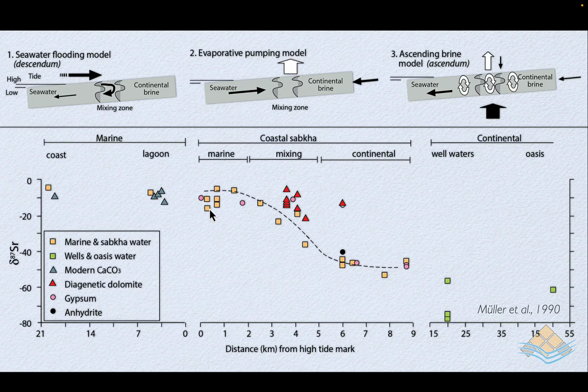Then we have the other end of that spectrum with the ascending brine model, where we have continental brines moving from the hinterland through that Pleistocene dune aquifer and then ascending through the Sabkha succession. We also have an evaporative pumping model that's lost much of its popularity. You can read about it in my book if you want more detail on that one, but I want to contrast the per descendum and the per ascendum hydrologies, which are the more realistic hydrologies operational within the